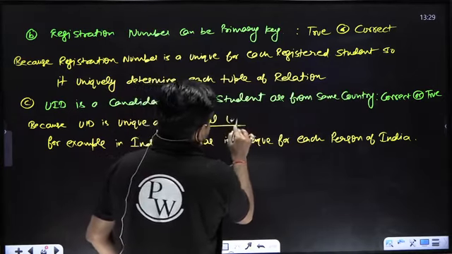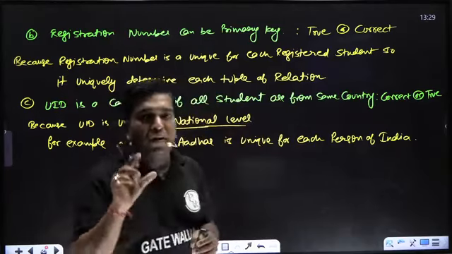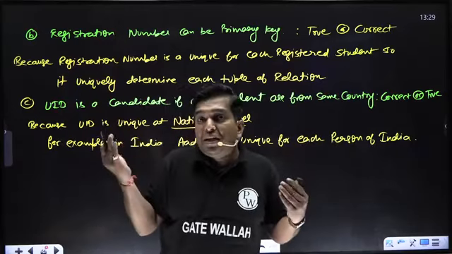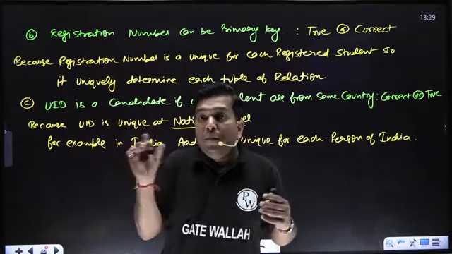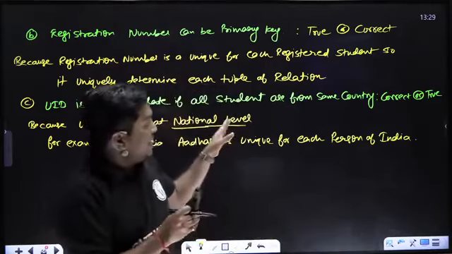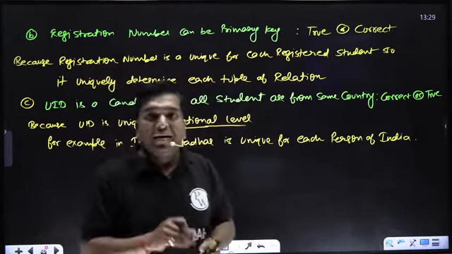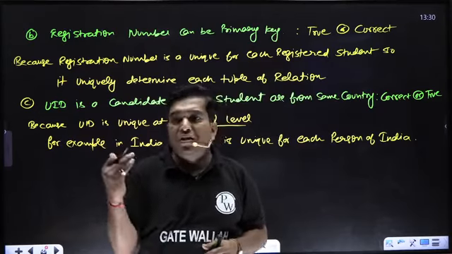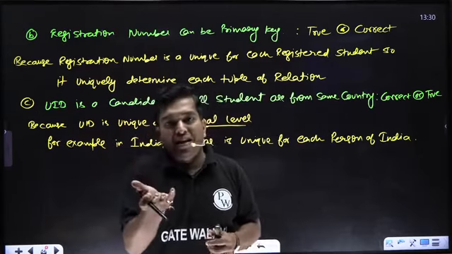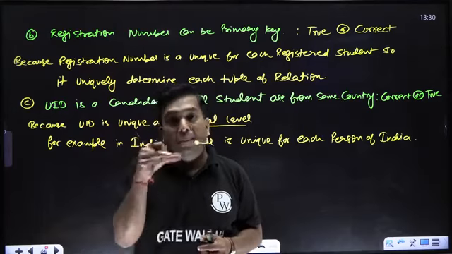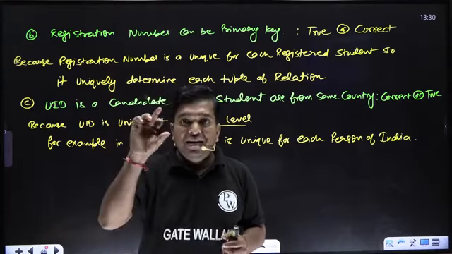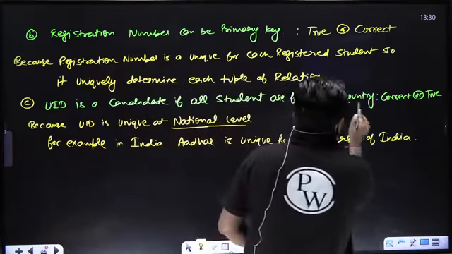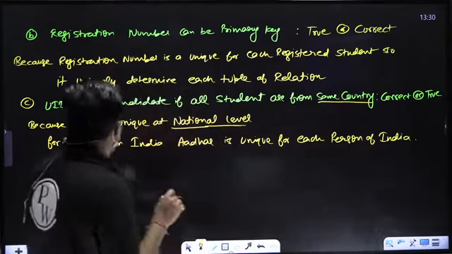Why national level? Because if I'm talking about one unique ID, 1234, any PAN card, then what happens? The same PAN card number may exist in another country also, like Nepal, Bhutan, or Russia. They also have the PAN card. Might be you will get the same number, but the country is different. But in the option it is mentioned same country. Clear? So that is correct.